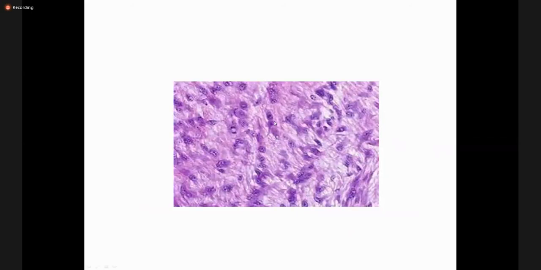Again, another picture. The spindle cells are oval to elongated. This one has the elongated nuclei. These are the oval nuclei. So in combination, we call them spindloid cells with abundant eosinophilic cytoplasm and collagenized stroma. Here you can see a mitosis within the tumor, but the presence of one or two mitoses does not indicate malignancy. If we remember the soft tissue counterpart, this desmoplastic fibroma has the same morphology and the same cell appearances as fibromatosis of the soft tissue.